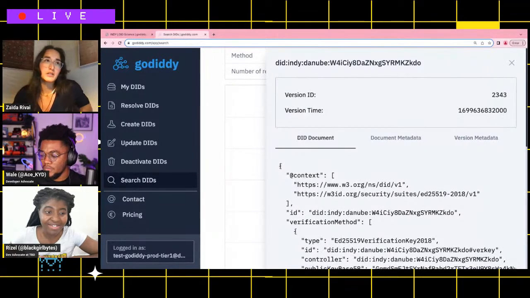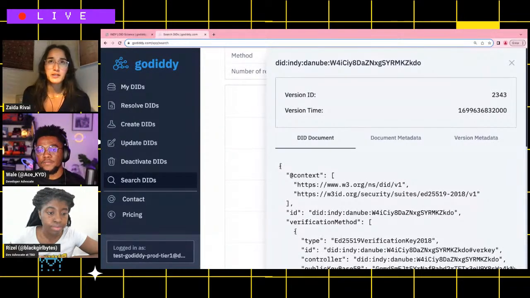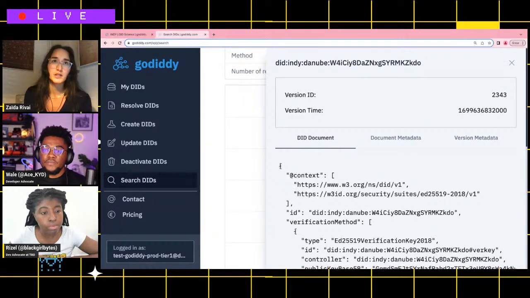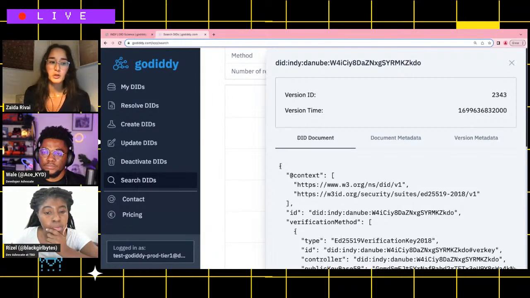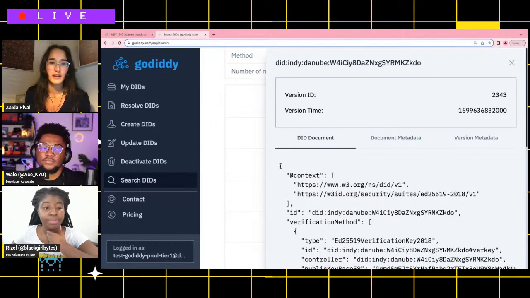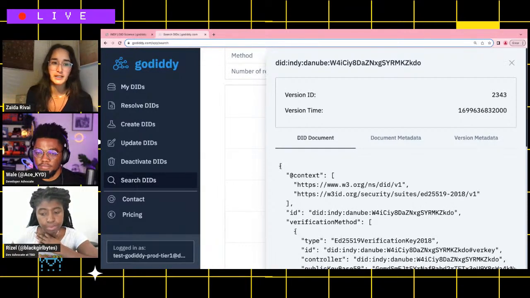Yeah. Well, from the stats at Godiddy, it's really people who want to integrate decentralized identifier technologies, like a wallet provider such as Trinsic or Duwala, who want to support decentralized identifiers and just don't know where to start. I know the field has a lot of jargon and abbreviations, and I think this platform might give you an overview of what's happening in the decentralized identifier space, so business decisions can be made easier.